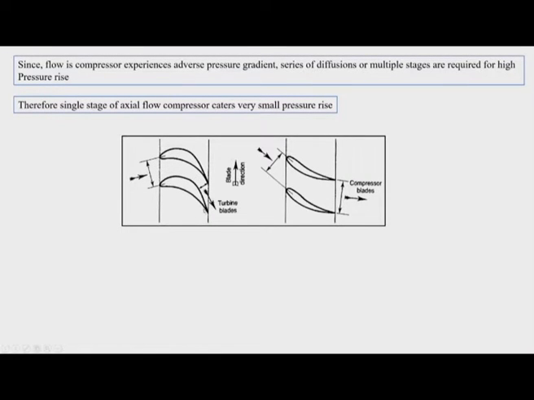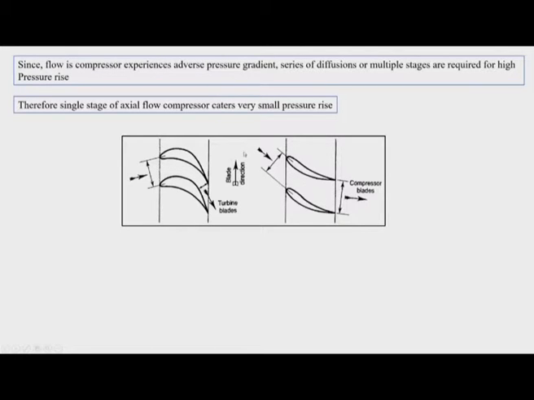However, it is contrary in the case of a turbine, where the blade passage, as shown in the figure, has this entry and this exit of the blade. So the entry has a larger area, the exit has a smaller area. So this acts as a nozzle. However, in the case of a compressor, we have a smaller area at the inlet of the blade passage, but a larger area at the outlet. So this acts as a diffuser in the case of subsonic flow.